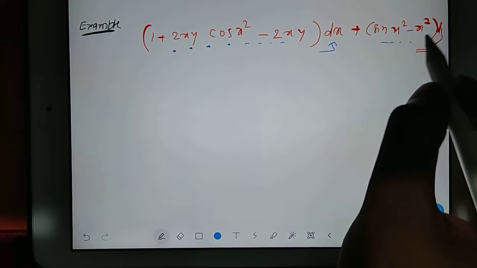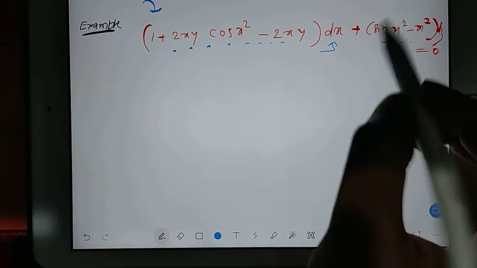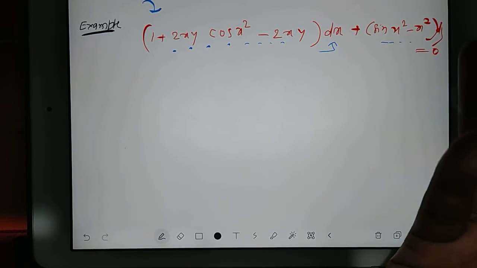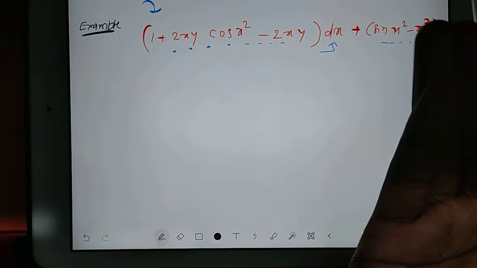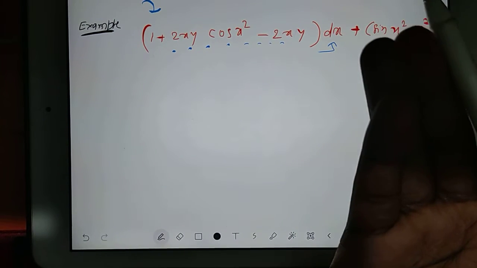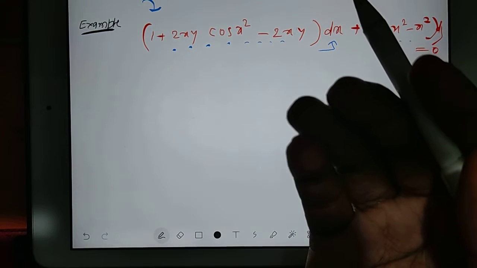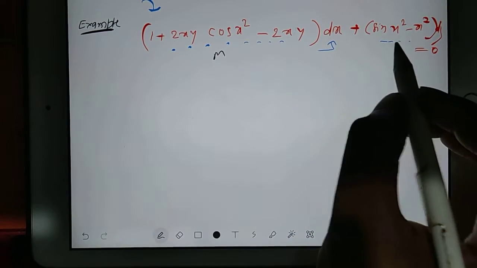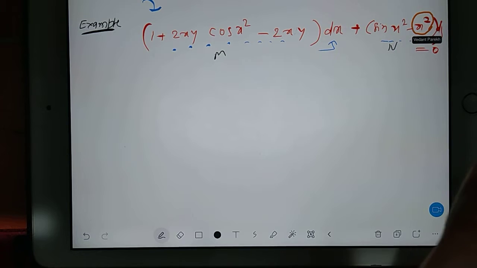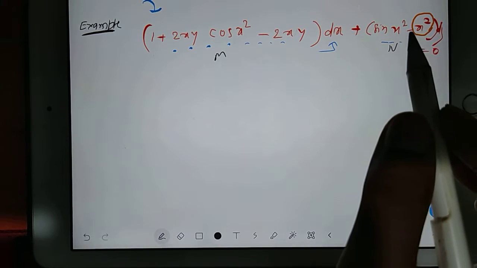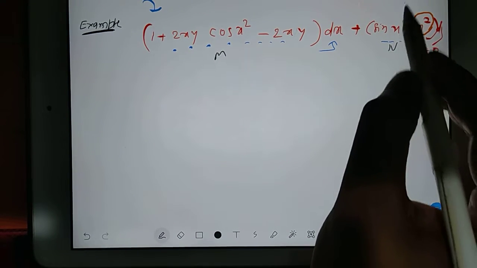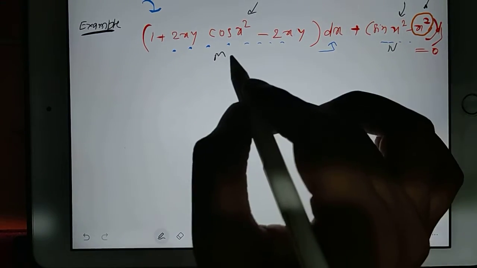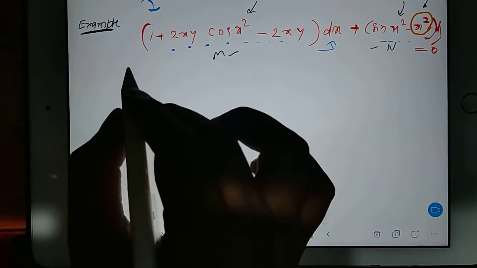Now you can see here, x and y are separate, and we have dx separate. So in the GATE exam, if this kind of question comes, one thing is very clear: we cannot separate the variables because it is very complicated. So it's better to check whether it is pointing us to an exact differential equation or not. For that purpose, you consider this total as M and this total as N. Here x square, here also x square, here also x square.